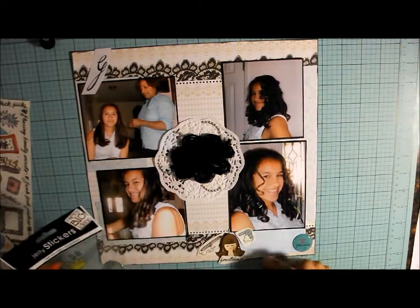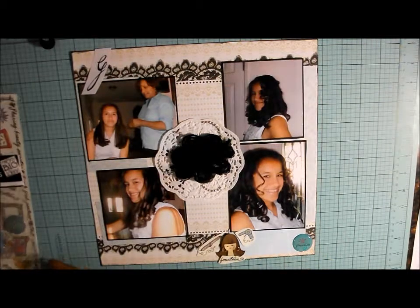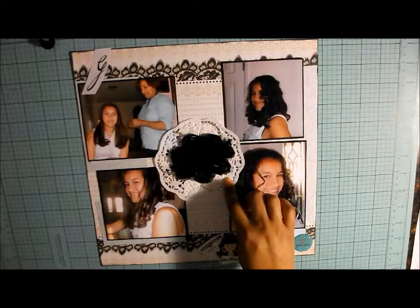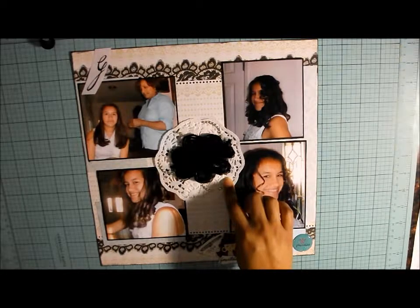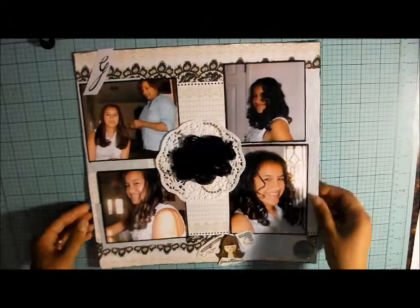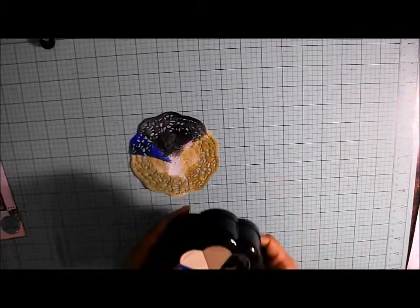So I'm just going to journal right there about her getting ready for homecoming. Now, this stark white doily is not working out for me. But since I bought them like 100 in a pack at the dollar store, what I'm going to do, move that out the way, is what I did was I took my color box,